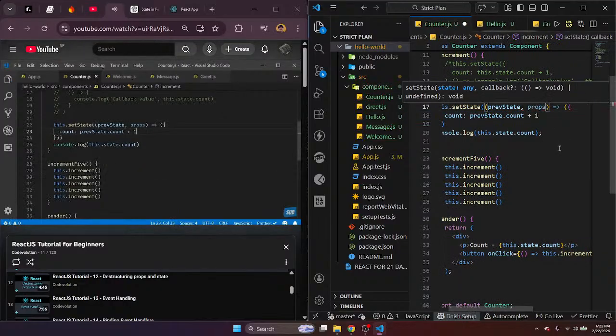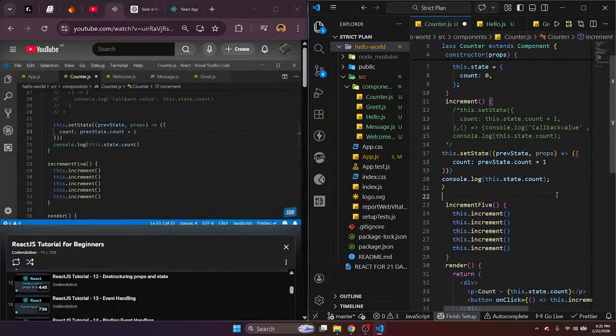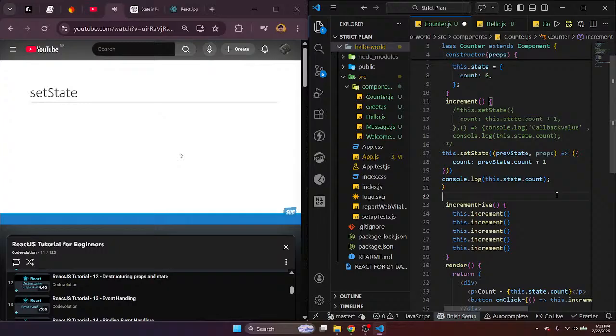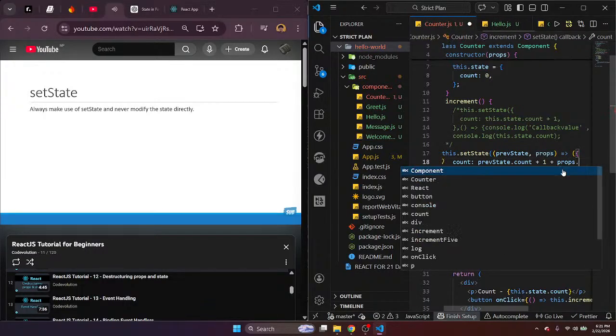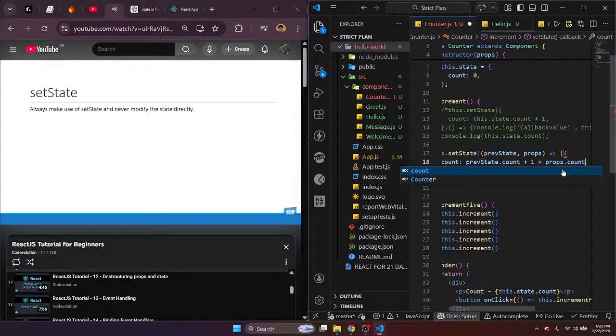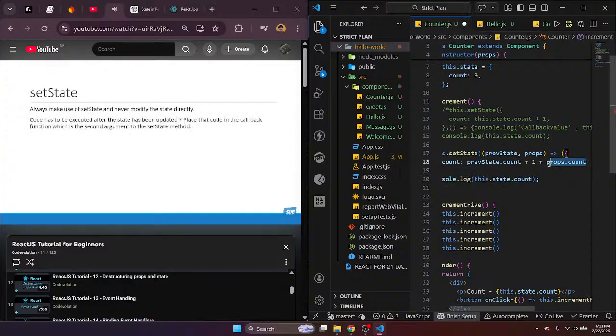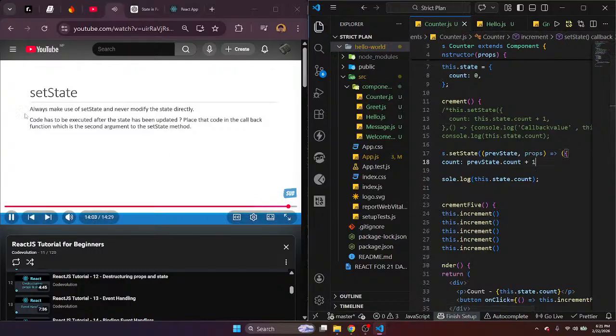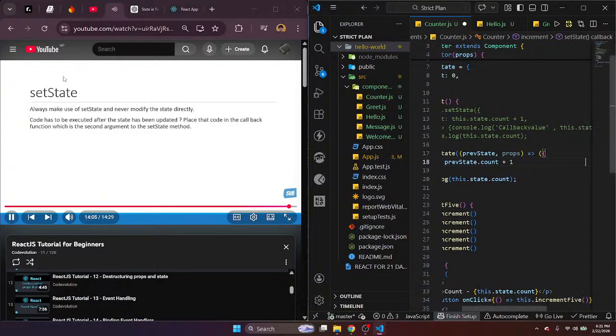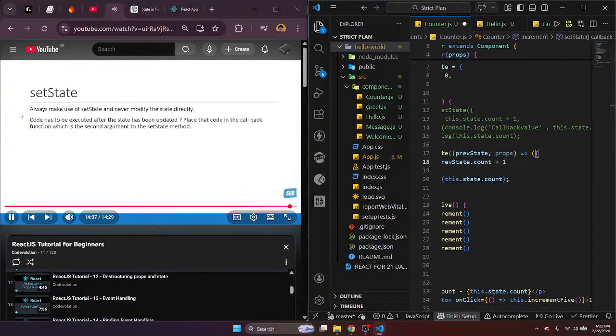Okay, that is pretty much it. To quickly summarize, point number 1, always make use of setState and never modify the state directly. Second point, if certain code has to be executed after the state has been updated, place that code in the callback function, which is the second argument to the setState method. And finally,